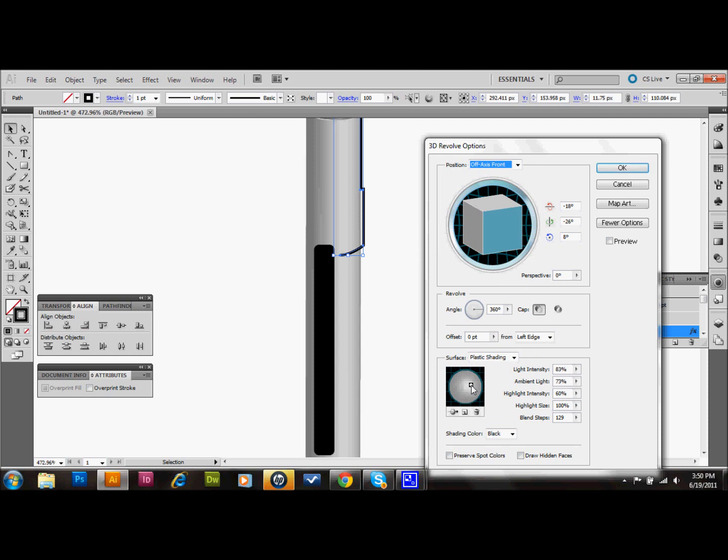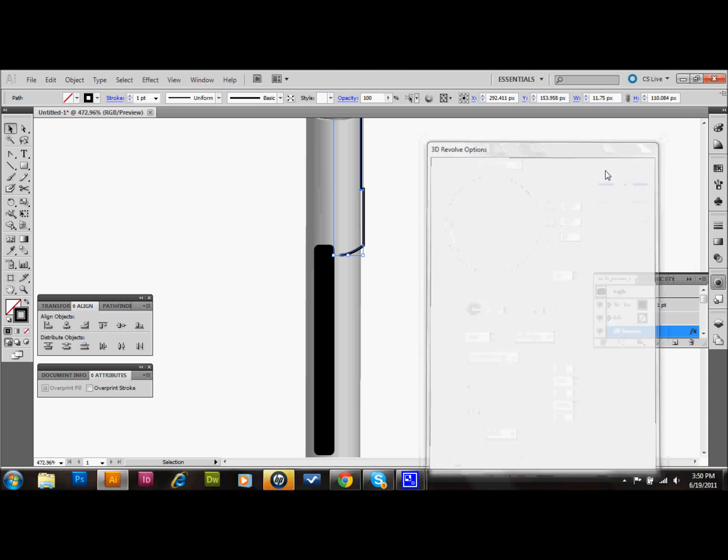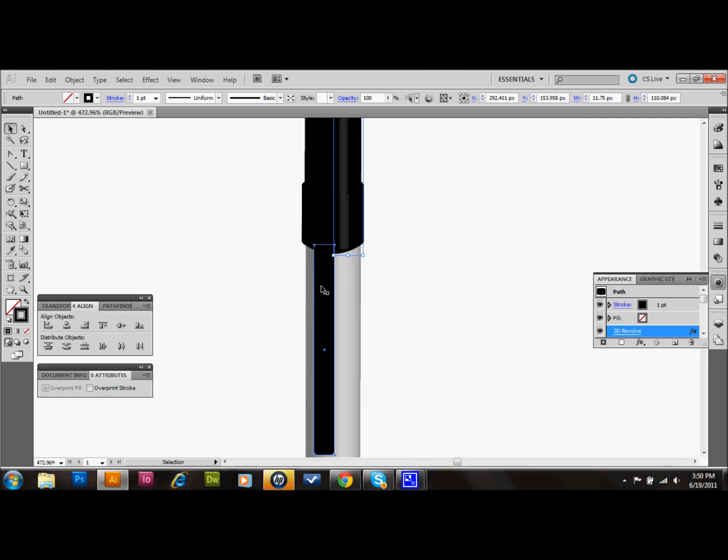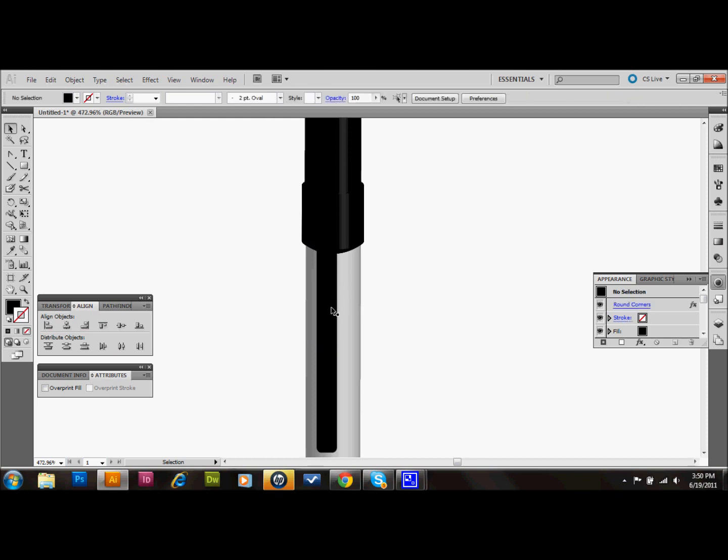We'll press OK, and that way we can kind of move this over. If you move this on top of the highlight, you really should probably put the highlight down the side of this pin as well, which you can really do pretty easily. Just take a line or something and go down the right side of this pin, make it white,